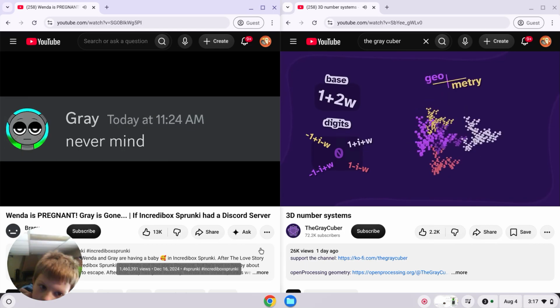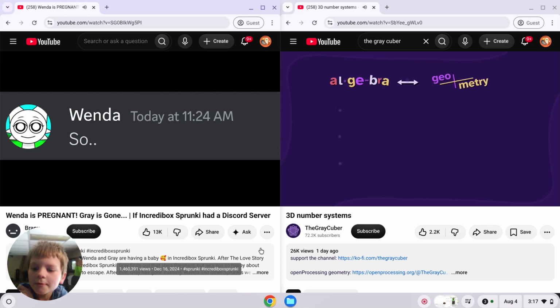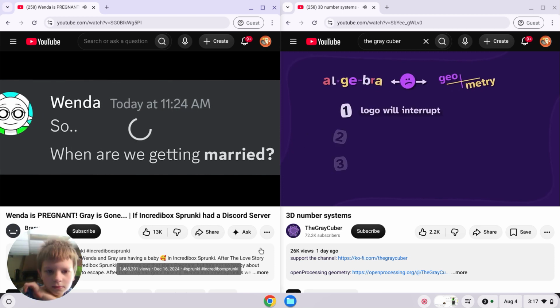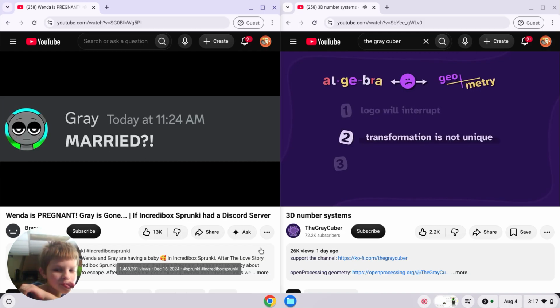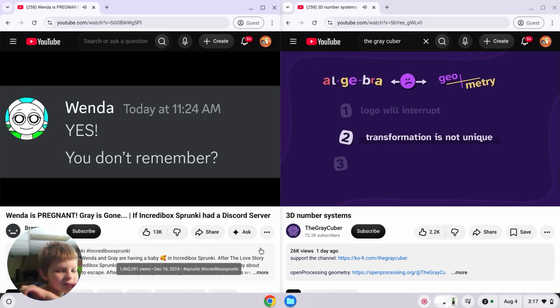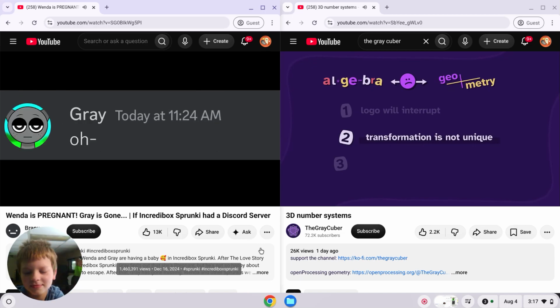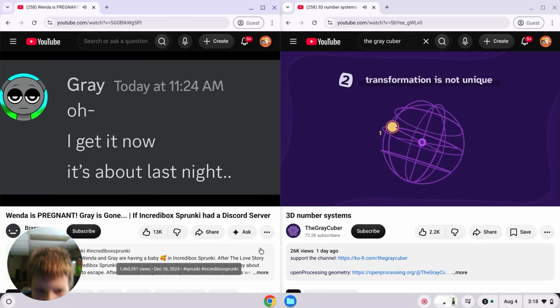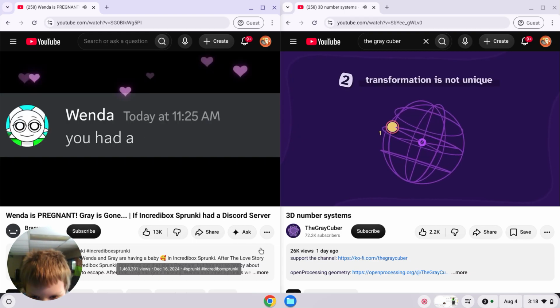When we try to link to algebra, we run into 3 problems. First, my logo will interrupt this explanation. Second, the transformation is not unique. Remember, we want 0 to stay fixed and 1 to go to the base. If we pick a base, then we can rotate and stretch to meet these requirements, but then we can apply